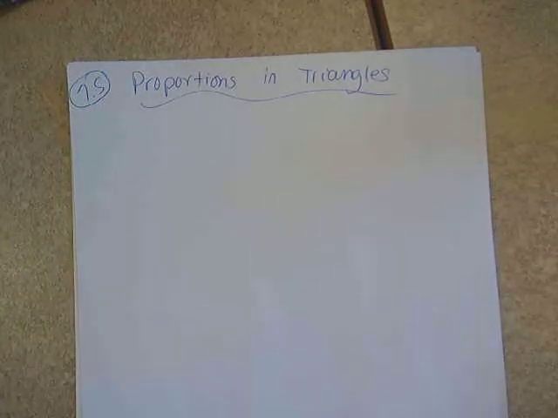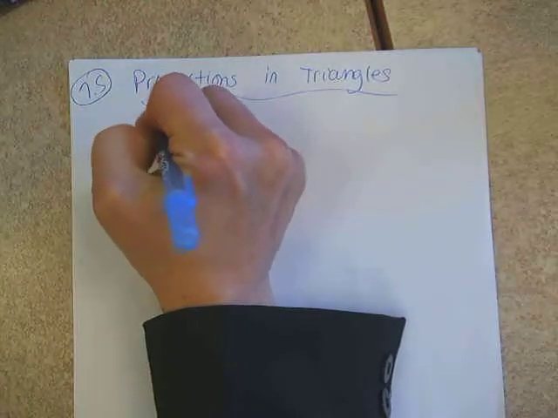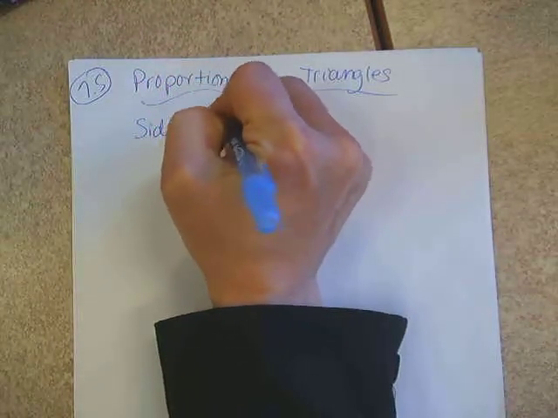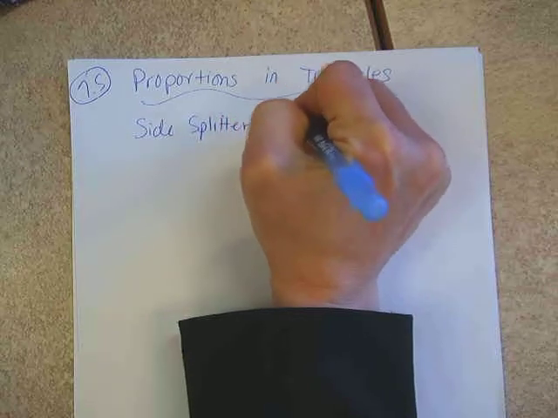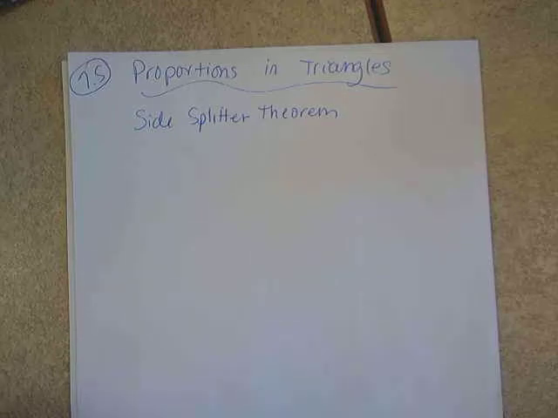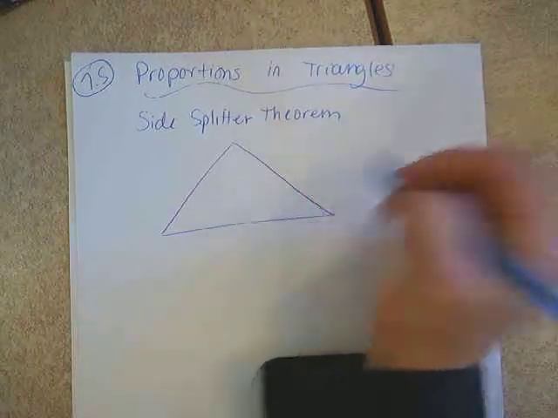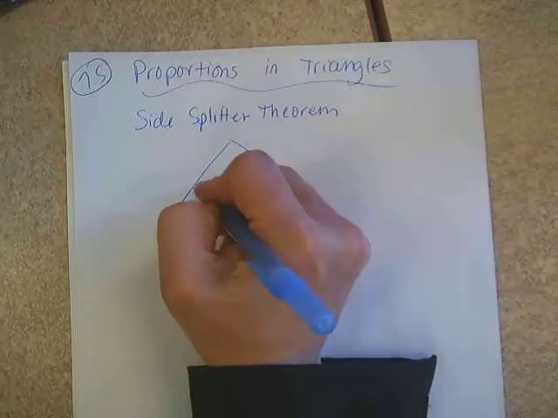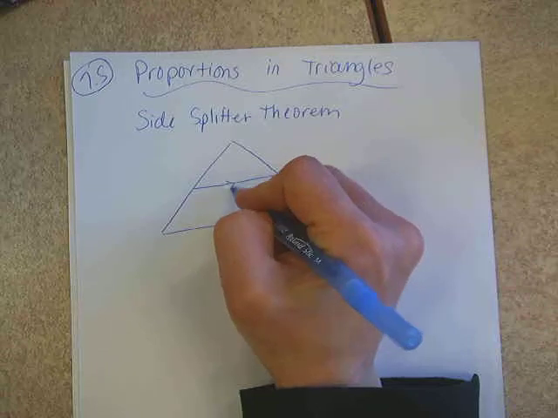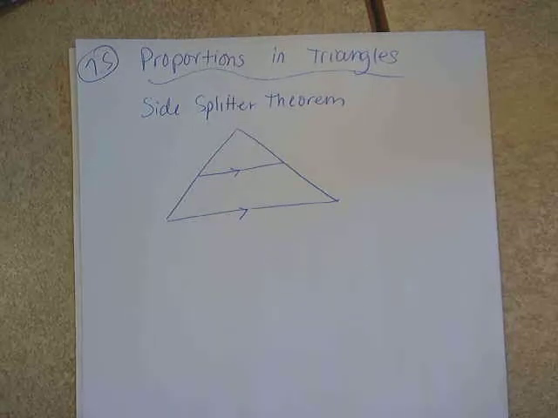All right, so there are two new theorems we're going to discuss in this section, 7.5, proportions and triangles. The first one is called the side splitter theorem. And what this theorem tells us is if we have a segment in the middle of our triangle that is parallel to a side,